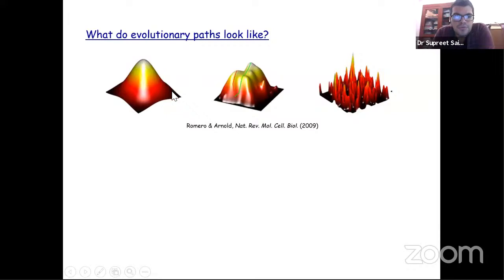But if your starting population was on the extreme right of this graph, even then it's climbing the same mountain hill and it will reach the same peak. And hence the evolutionary outcome of the process will remain the same no matter where you start on this three-dimensional graph. On the other hand, if the genotype-phenotype relationship is slightly complex, and that complexity is introduced by a phenomenon called epistasis,